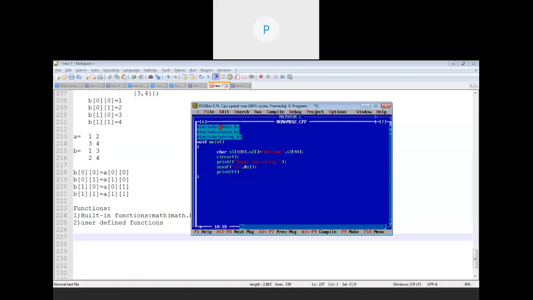Okay, now let's print the data first. So s1 equal to %s. Now in case of string, for performing all types of operation, you just have to use %s comma s1 comma s2. Let's see the output.